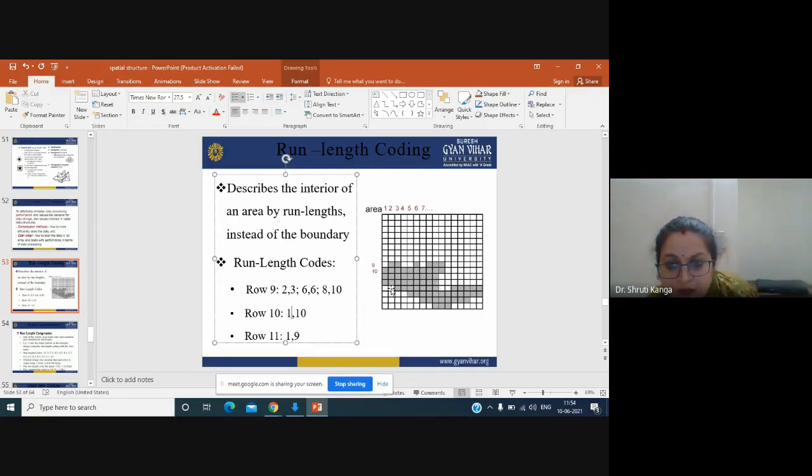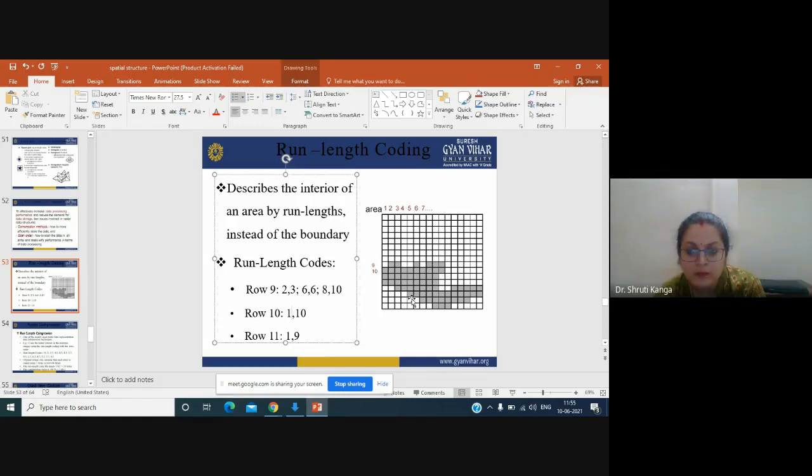If you see in row number 12, it starts from 2, 3, 4, 5, 6, 7 and 8. So 2 to 8, 3 to 8, and then 9, 10 is blank, so we have to leave it, and then 11 to 16.